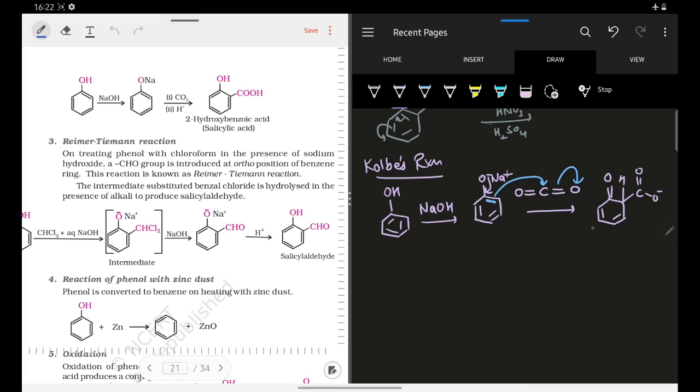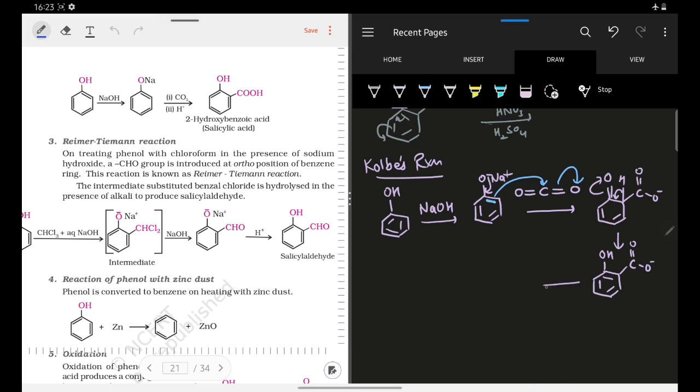This hydrogen can actually undergo tautomerism. So when it moves down, this bond moves up, right, and the product formed would be something like this: here we have these pi electrons, this is OH, and this is C double bond O minus.